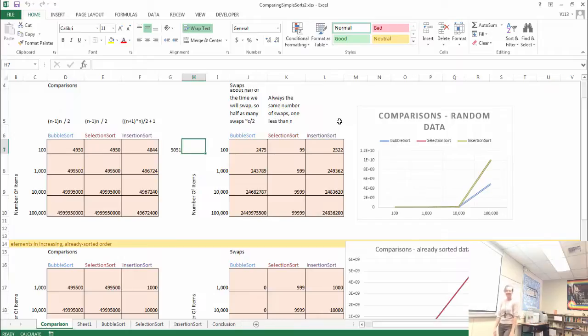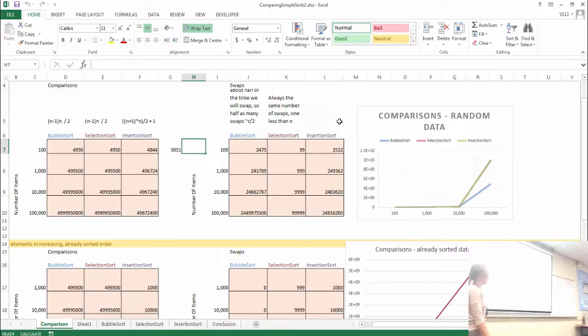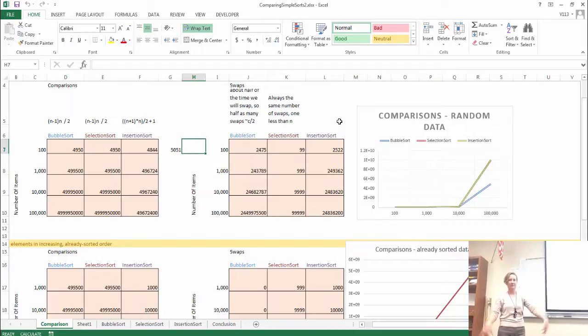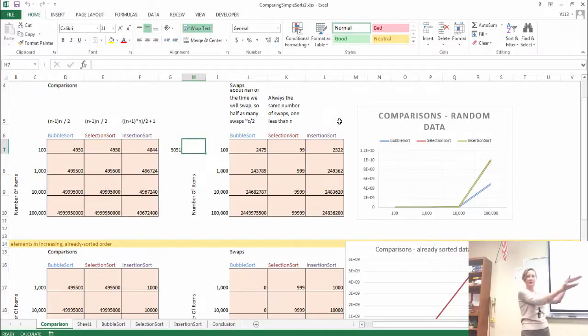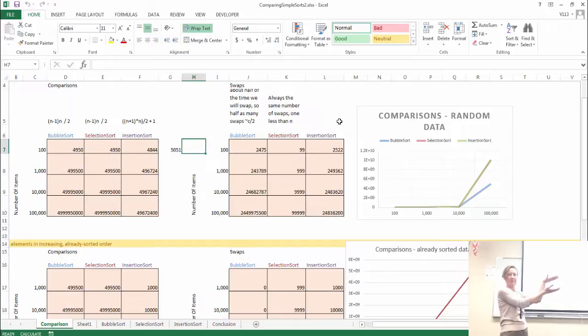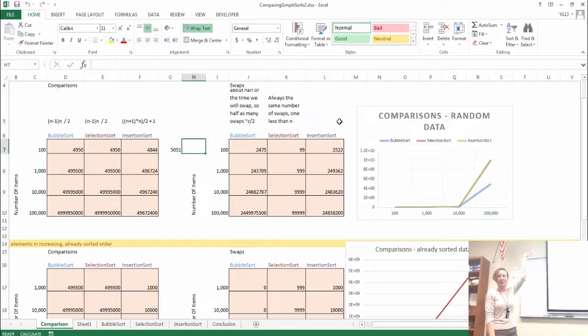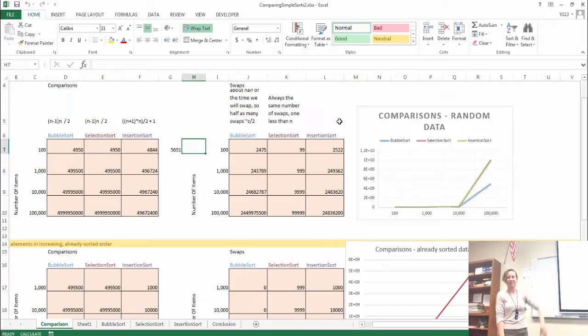Okay? So we figured out that these simple sorts are very inefficient. We cannot do sorting in real life with these simple sorts. I mean, you can for small amounts of numbers. It worked well, right? It worked. But when your n got really large, it stopped working well. You have to move on to a different kind of sorting algorithm. And this is why we need better sorting algorithms.